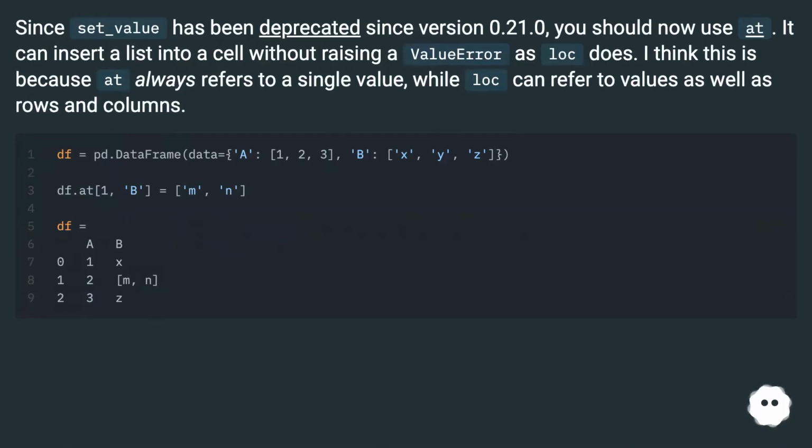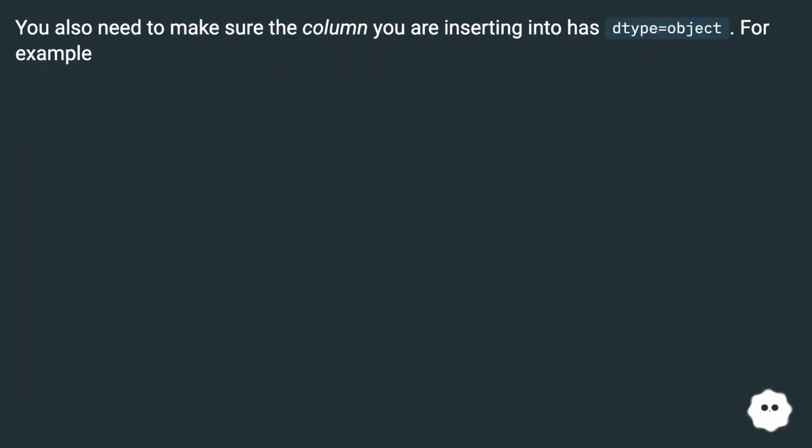Since set_value has been deprecated since version 0.21.0, you should now use at. It can insert a list into a cell without raising a value error as LOC does. I think this is because it always refers to a single value, while LOC can refer to values as well as rows and columns. You also need to make sure the column you are inserting into has dtype equals object. For example,